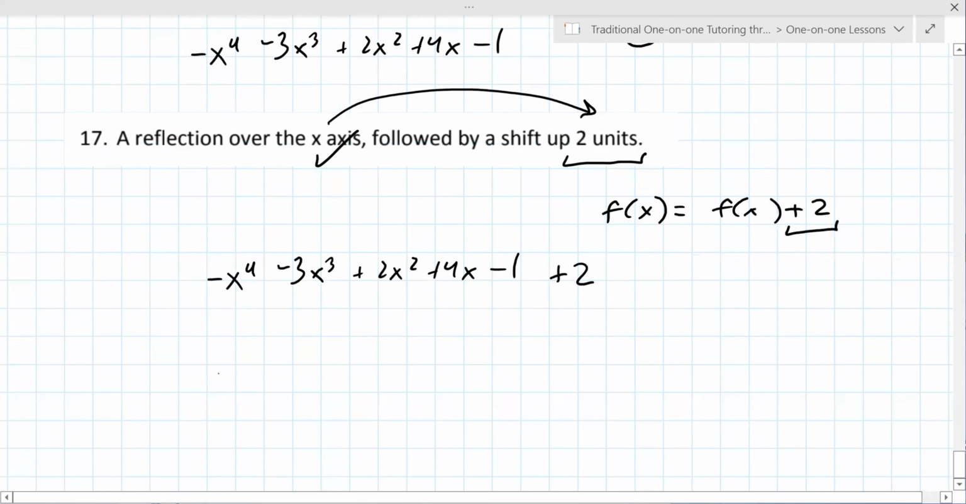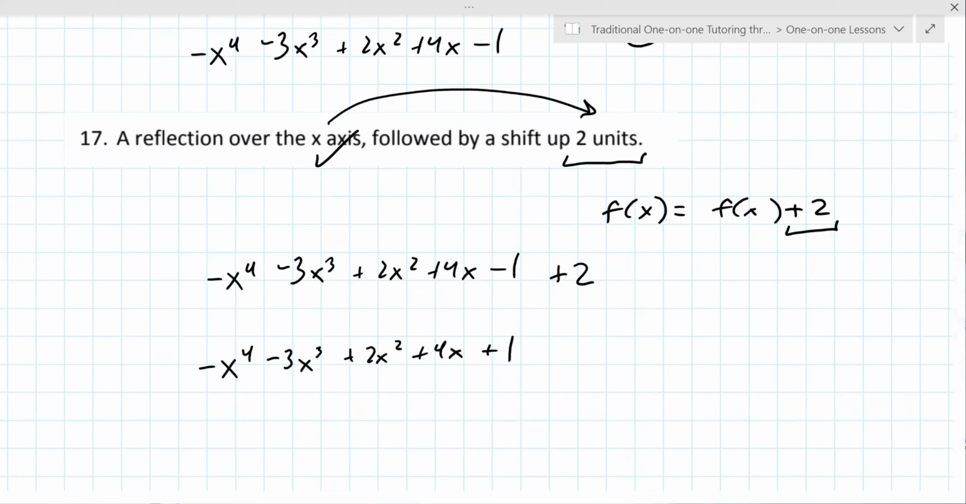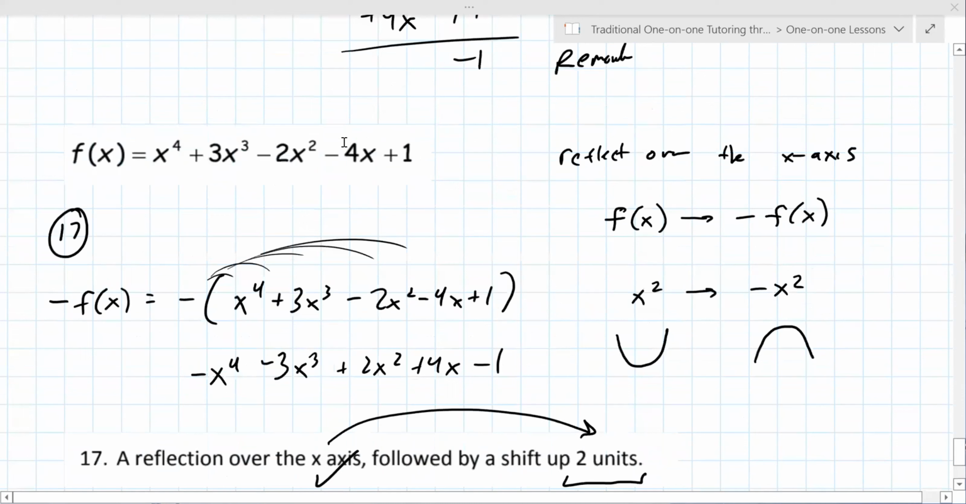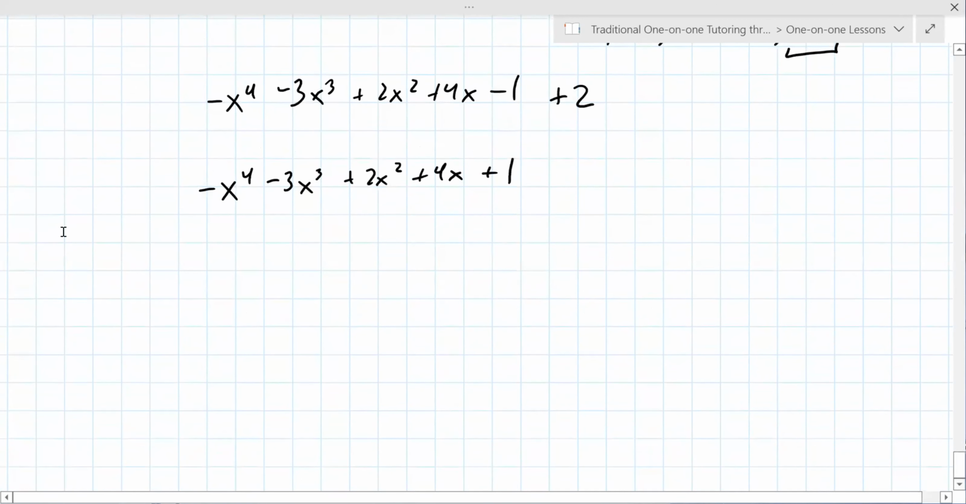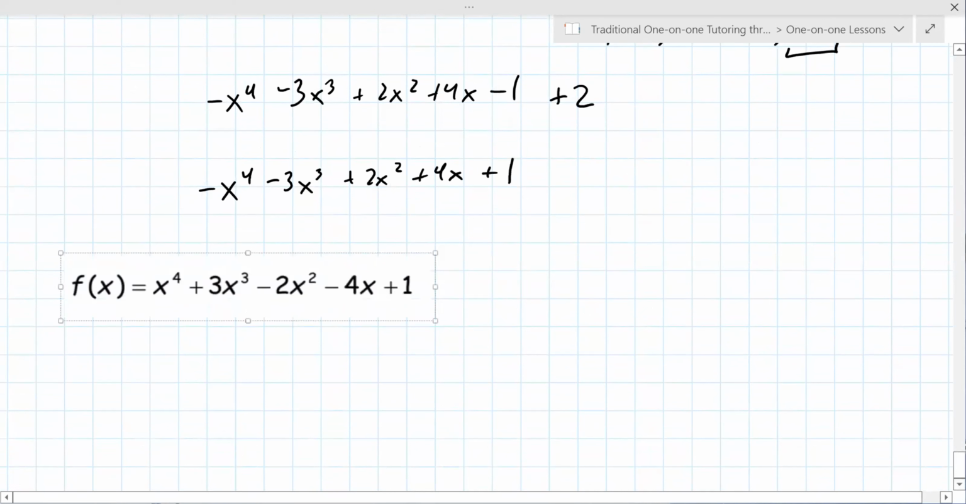Okay, so then it becomes minus x to the 4th minus 3x cubed plus 2x squared, a lot of writing here, plus 1. Well, 18 actually has a little bit more of a challenge to it. I guess we'll look at that next. Any questions on 17? No. Okay, so for 18,